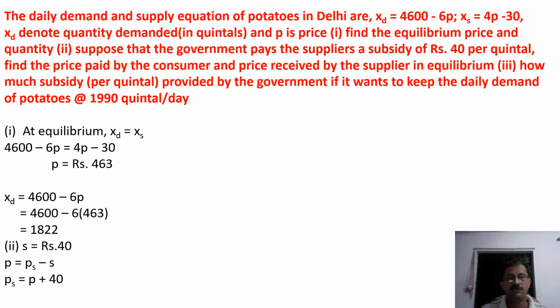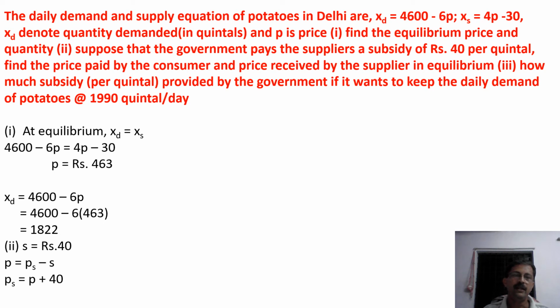Let us see one more problem. The daily demand and supply equations of potatoes in Delhi are XD equals 4600 minus 6P and XS equals 4P minus 30, where XD denotes quantity demanded in quintals and P is price. First part, find the equilibrium price and quantity. Second part, suppose that the government pays the suppliers a subsidy of rupees 40 per quintal. Find the price paid by the consumer and the price received by the supplier in equilibrium. Then how much subsidy must the government provide if it wants to keep the daily demand of potatoes at